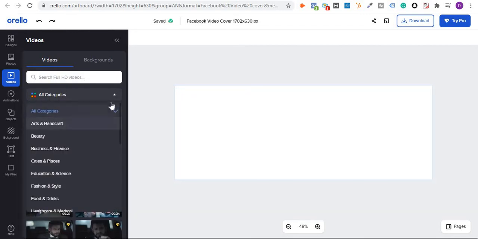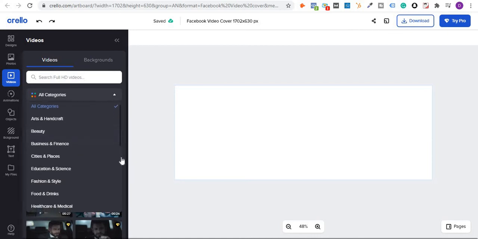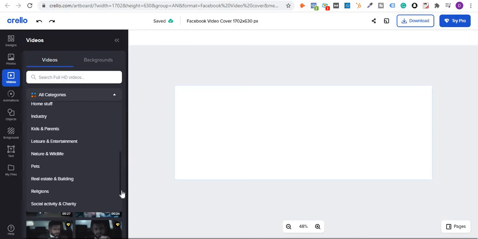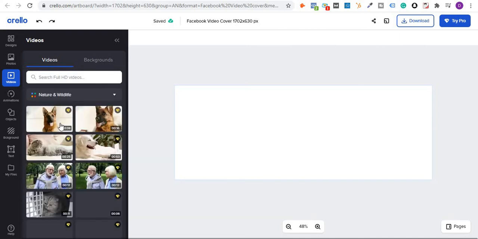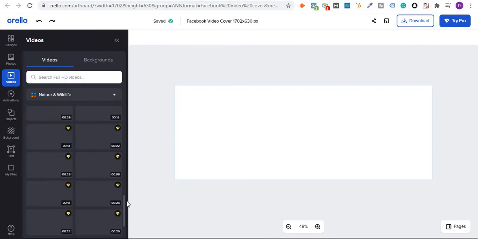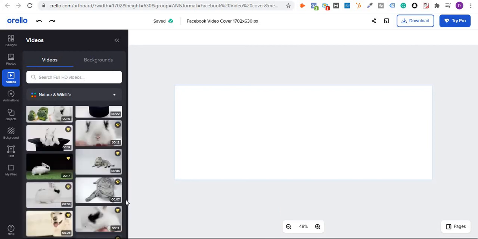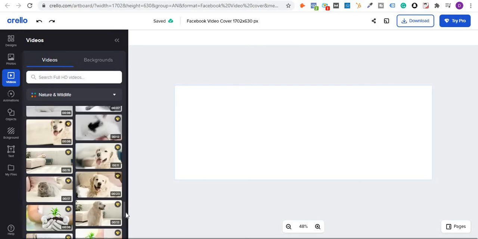So you can select the filter type over here and see which industry you are in, and then choose the industry. Let's take the example of nature and wildlife, for example. So there are different templates which are given over here, and since it's downloading, let's wait for a moment.